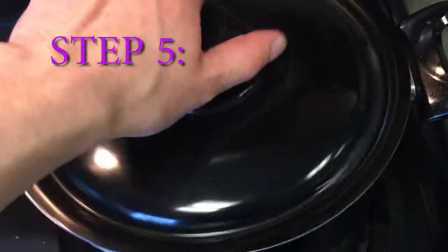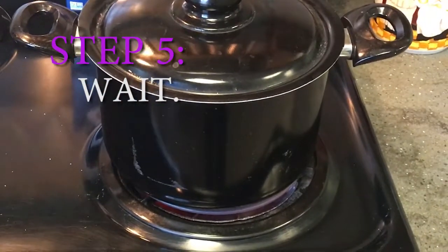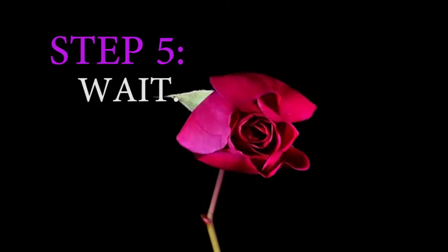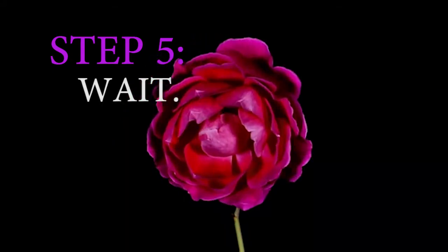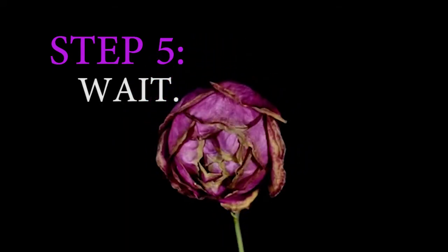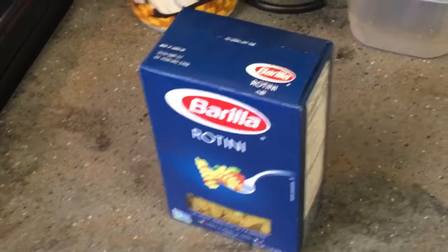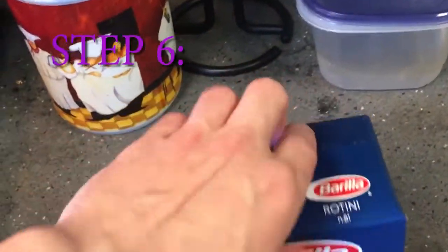And now the fun part, cover up the water, and we wait until the water is coming to a nice boil. Now, a good step while your water is boiling, you want to check your pasta to make sure it's not